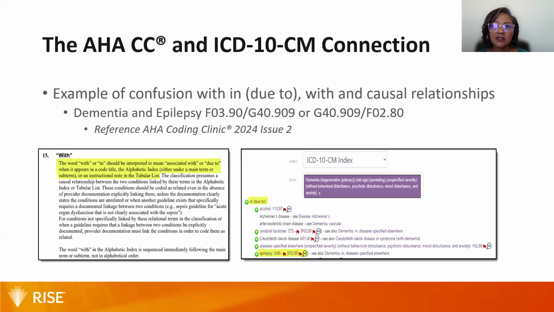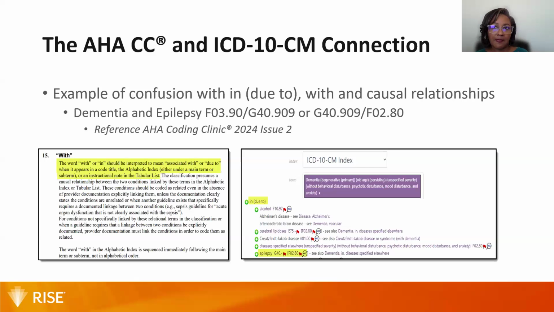So Coding Clinic has clarified something for us in terms of the dementia and epilepsy. So as you can see here, if you're going to index the term dementia, and you have the in, due to, or with, because we're advised in the conventions that you can use that terminology, you have epilepsy. And you're told if you have dementia and epilepsy, and you're going strictly from the alphabetic index, you might be confused to capture G40.909 along with